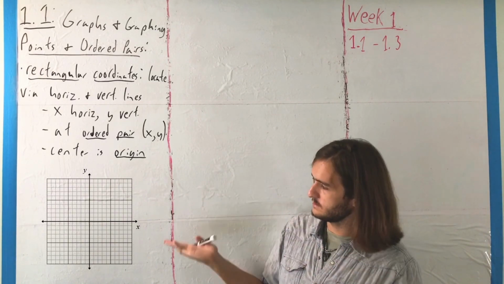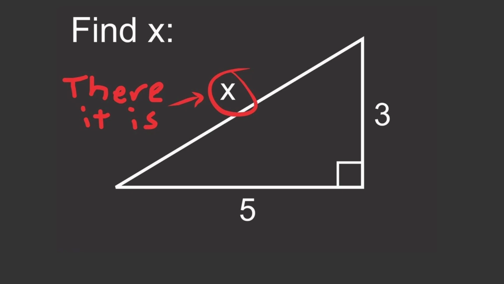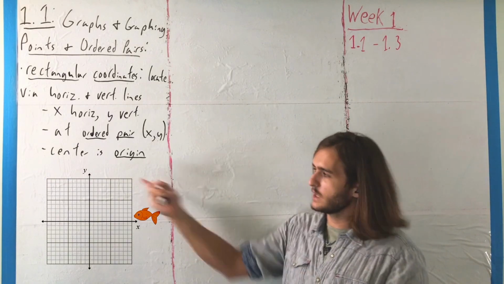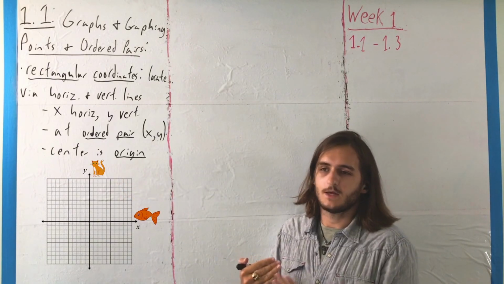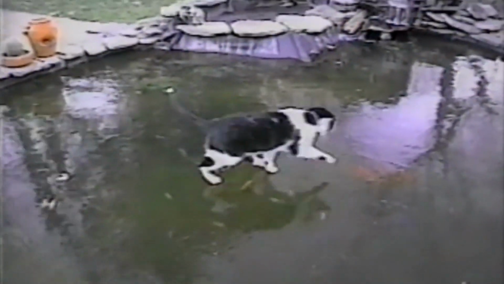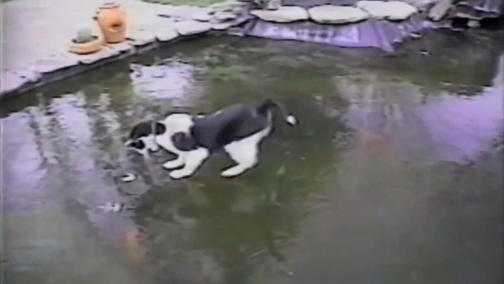Because the truth is, that doesn't have to be X, that doesn't have to be Y. If you really wanted to switch that around, you could make that one X and that one Y. Or you could call that one fish and that one cat, as long as you knew that when you're making functions in terms of fish, you should be getting cats. Which is weird. That's why you don't do that.